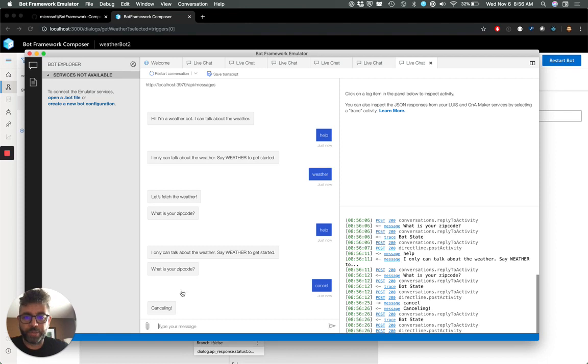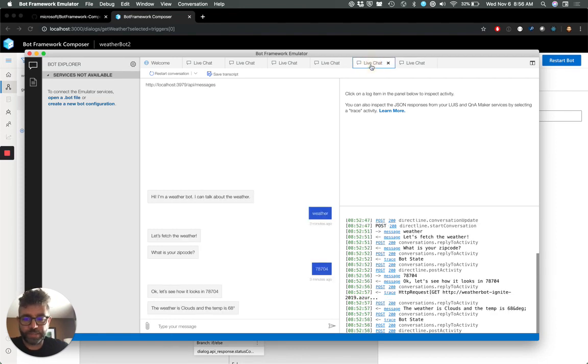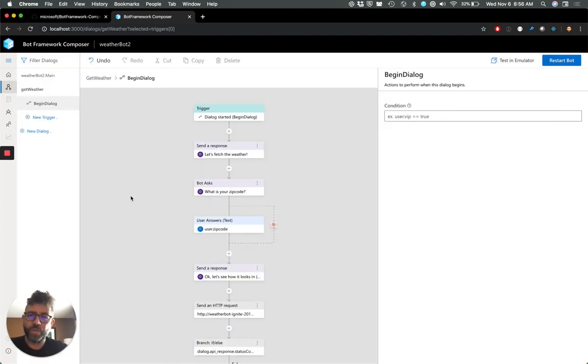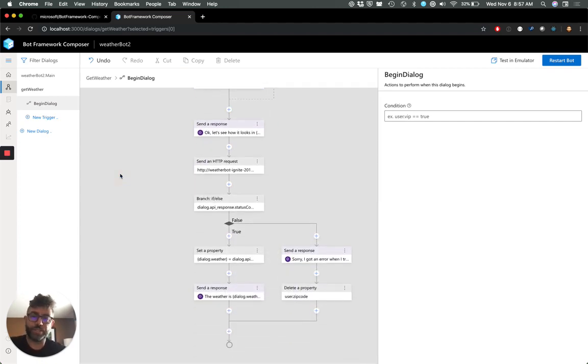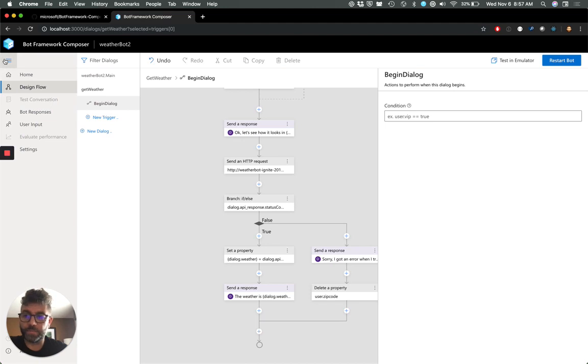So you might remember that in our previous example here, the bot responded with a kind of robotic answer. The weather is clouds and the temp is 68 degrees. We would like our bot to speak a little bit more naturally. So we're going to use some more of the features of the language generation system to format that message in a nicer way. So the first thing I'm going to do here in Composer is open up my navigation menu